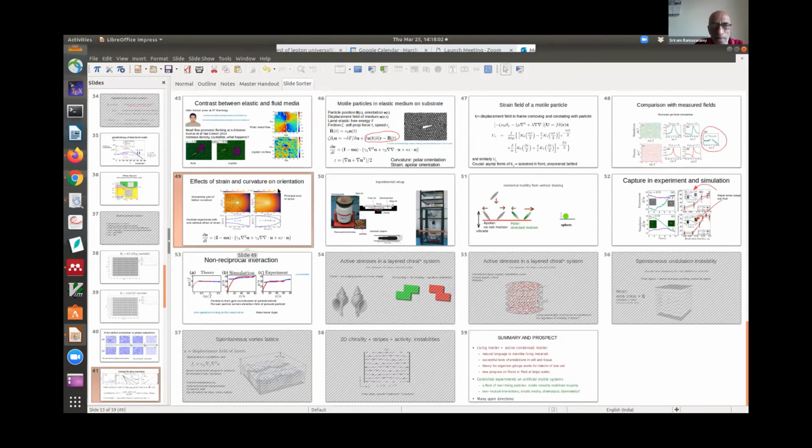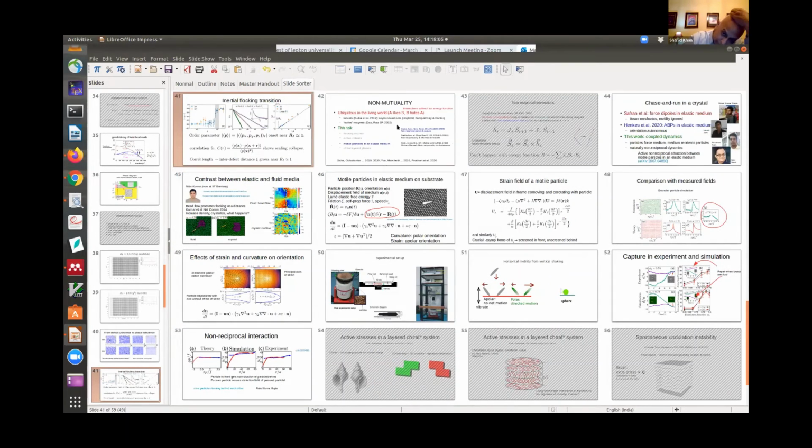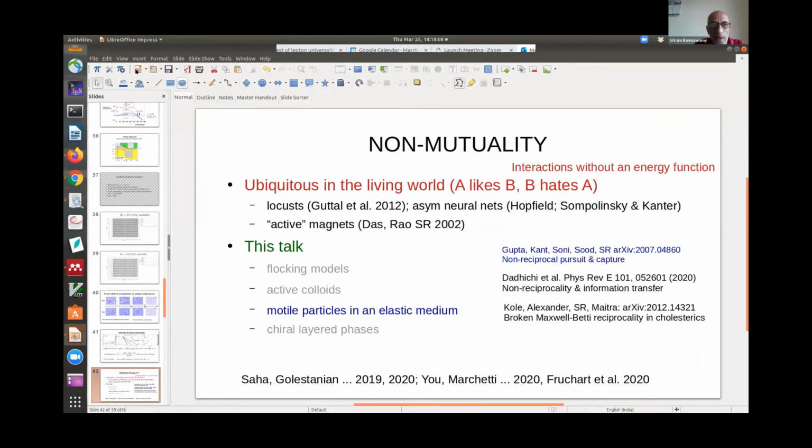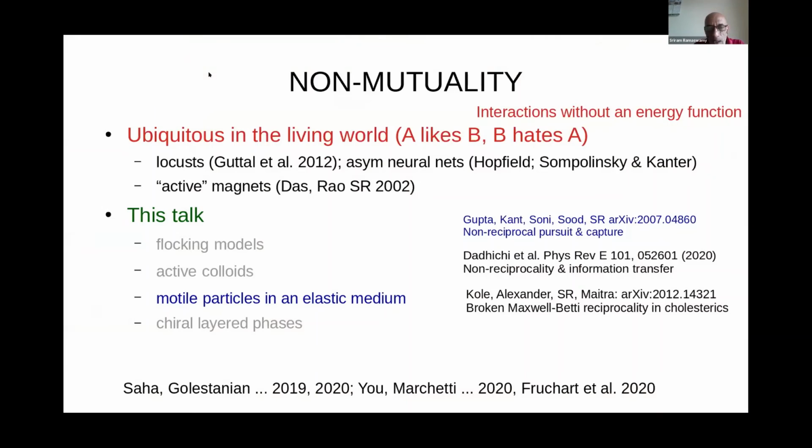So sure. What I'll do is I'll talk about non-mutuality. So now a seemingly completely different part of the story, which will involve self-propelled objects in an elastic medium. When you have interactions between two particles based on a potential energy of interaction, then the potential energy is a function of the separation between these two particles, and the force on this guy due to this and the force on this guy due to this are equal in magnitude and opposite in direction. Newton's third law. But if you have interactions that don't depend on an energy function, but depend on some kind of